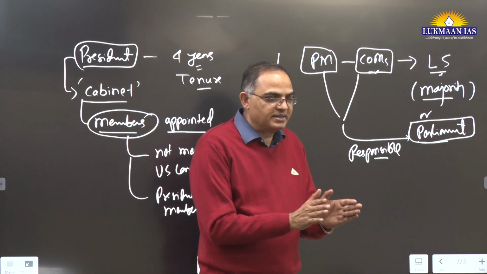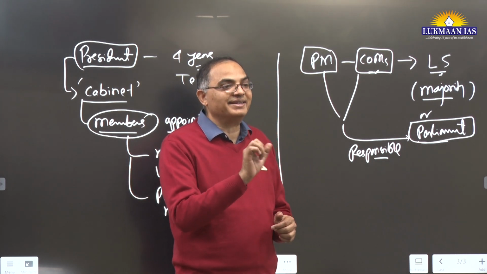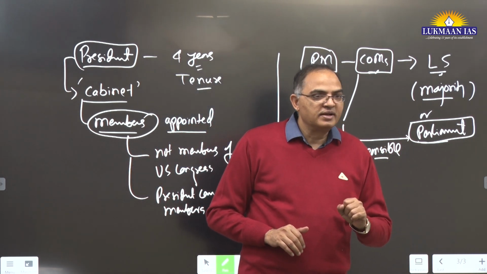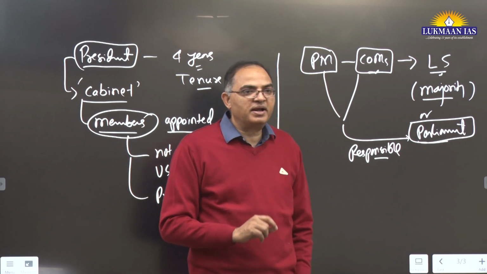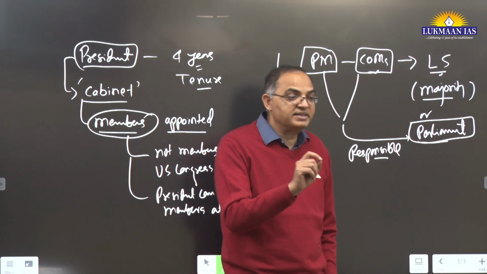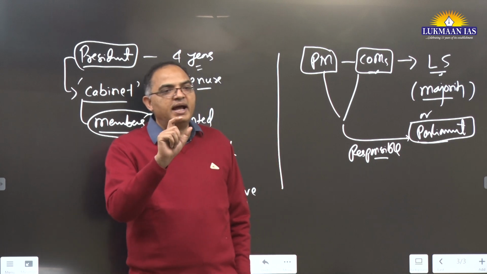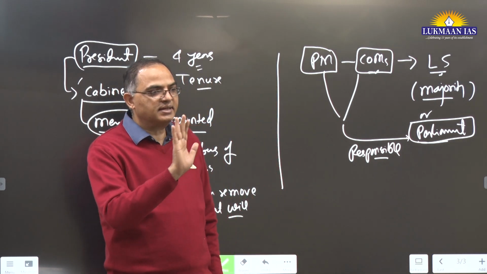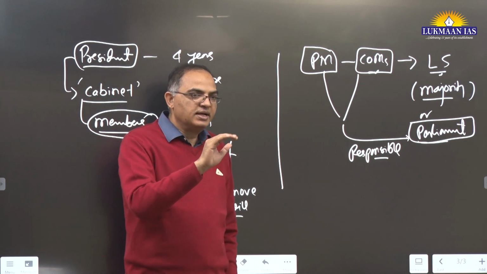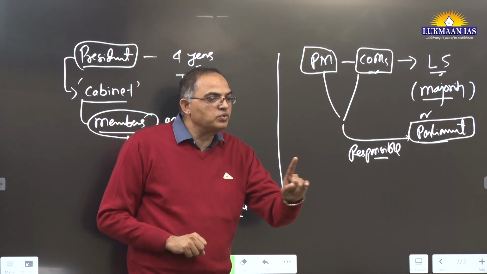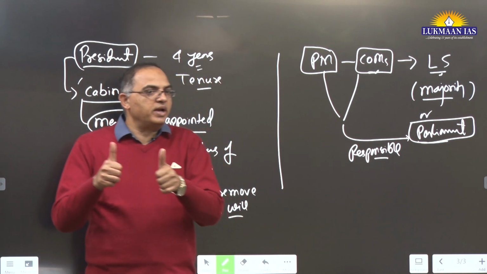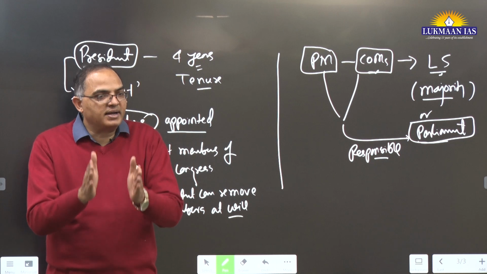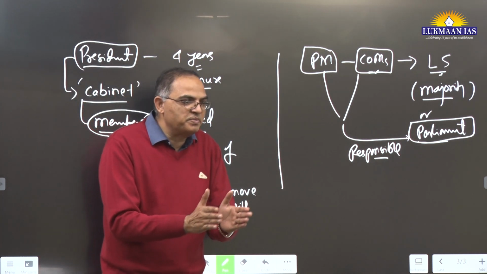In a parliamentary democracy, people give their vote to the party. You should know this. The party has its own symbol. The people are not voting for the Prime Minister. People are not voting for Rajnath Singh. People are voting for BJP. The BJP has the lotus as its symbol, and Congress has the hand. This is how you can recognize the symbols. The people are giving their vote to the party. They are not giving a vote to a candidate as Prime Minister. It is the party which decides who should become Prime Minister.